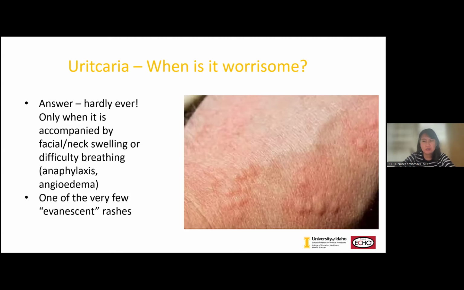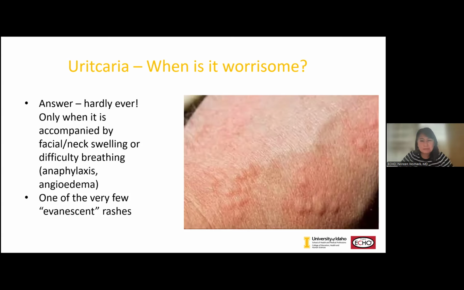You want to make sure the vital signs are stable, that there's no facial swelling or neck swelling or difficulty breathing of any kind, even if it's just a little bit of a cough. But if you don't have any of those things, then it really is a benign condition that only requires over-the-counter intervention like oral antihistamine. Urticaria are very interesting because it's one of the very few evanescent rashes, meaning it